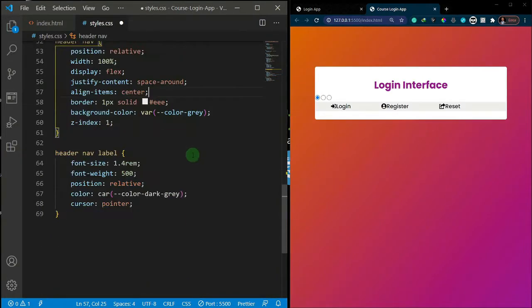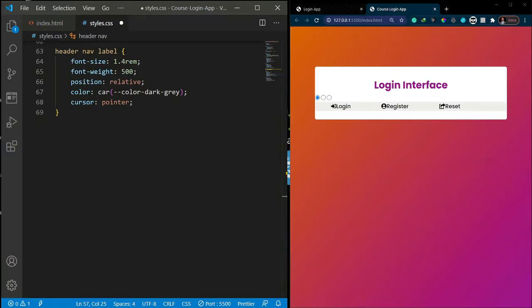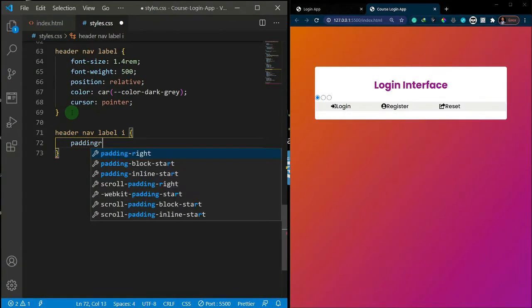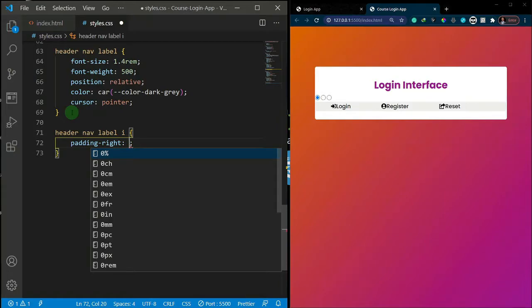No, that's not where we add the padding. So let's just continue. Let's target the icon itself. So I'm just going to come here and say header nav label, and then the font awesome icon. So basically for the icon, we're going to add some padding on the right. So padding right, let's just do 0.5 rem,